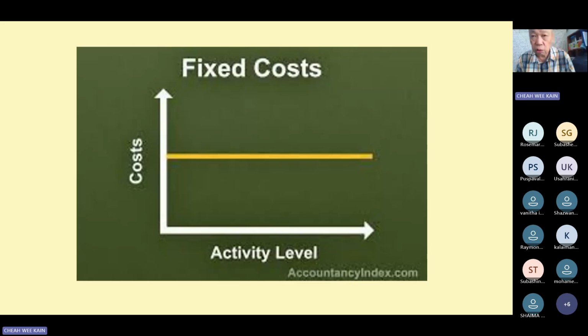So we try to reduce fixed cost. That means, since this amount is the same, if the amount of activity becomes more and more, the fixed cost per activity, of course, will go down. What about variable cost? Variable cost is different. The more activity, the higher the cost. But the variable cost per unit is the same. Fixed cost per unit is different.